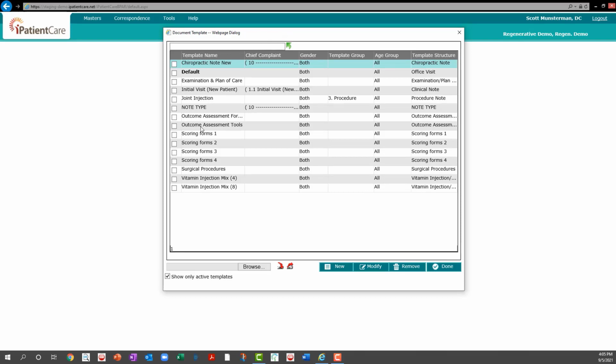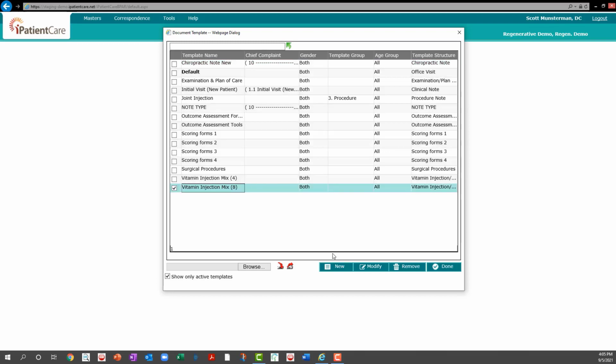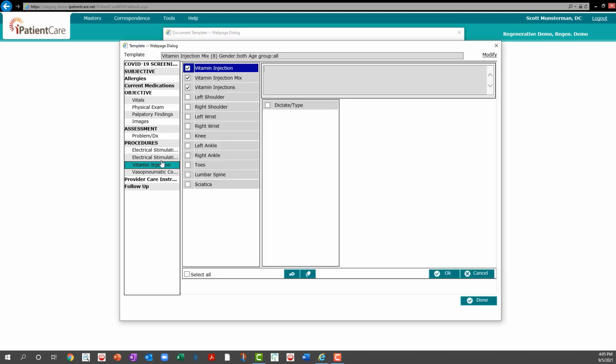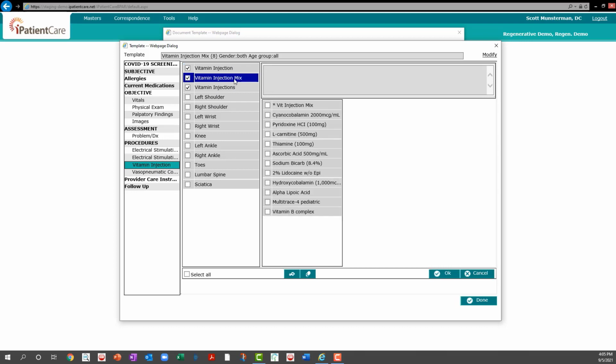That brings us into all of the templates. And so we're going to select vitamin injection mix for area, and we're going to select Modify. Now this brings us into the templated version of that vitamin eSTEM note. And so we'll select vitamin injection on the left-hand side, vitamin injection mix,